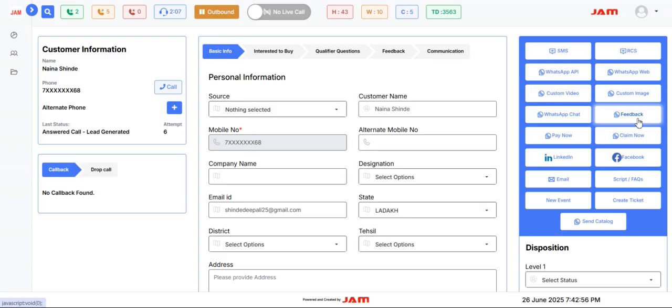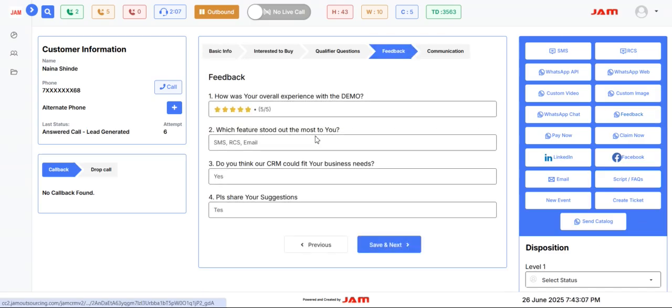Now feedback, when I click on feedback, a WhatsApp message will trigger on your mobile number and a feedback form will appear. So if you're giving me feedback on a particular product, that would be captured in this format. This question was asked in the feedback form, and as I've already given the feedback, it would appear over here. The feedback can be in the form of text, drop down, checkbox, radio buttons.